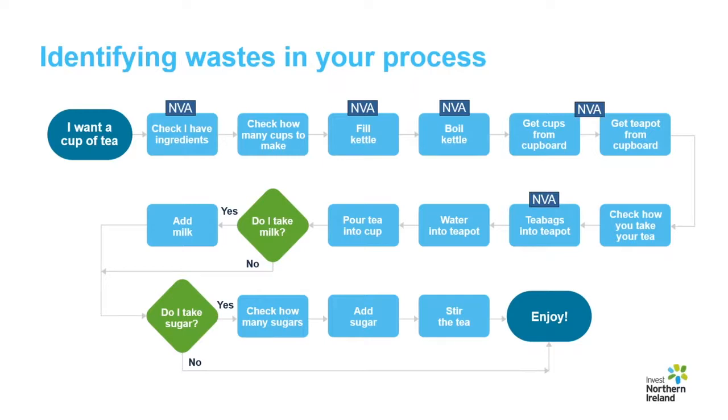What happens when you add in too much milk or too much sugar to your tea? You create defects or rework and have to pour some out and add more hot water or even start again to make another cup. This is a very basic example, but already you see how you can use a process map to identify a number of areas where there are potential opportunities for improvement.